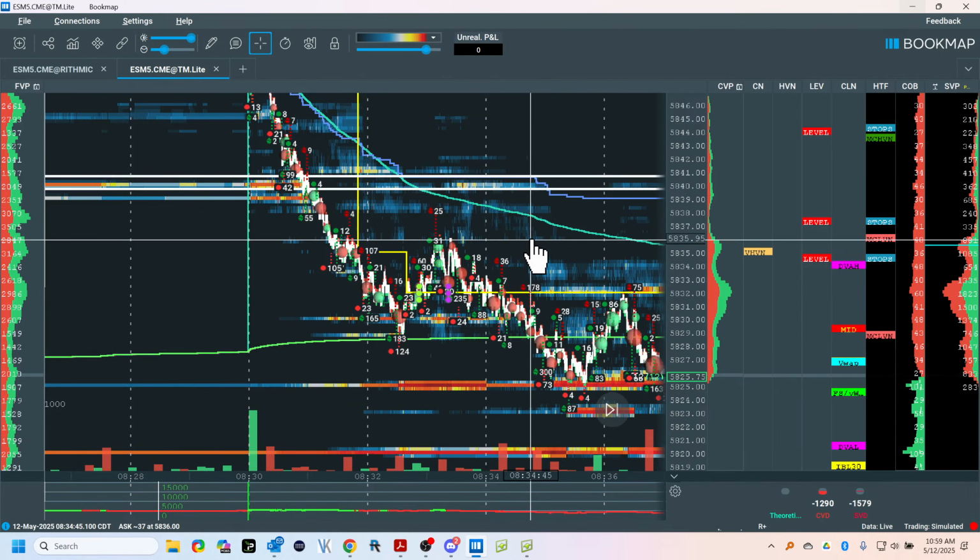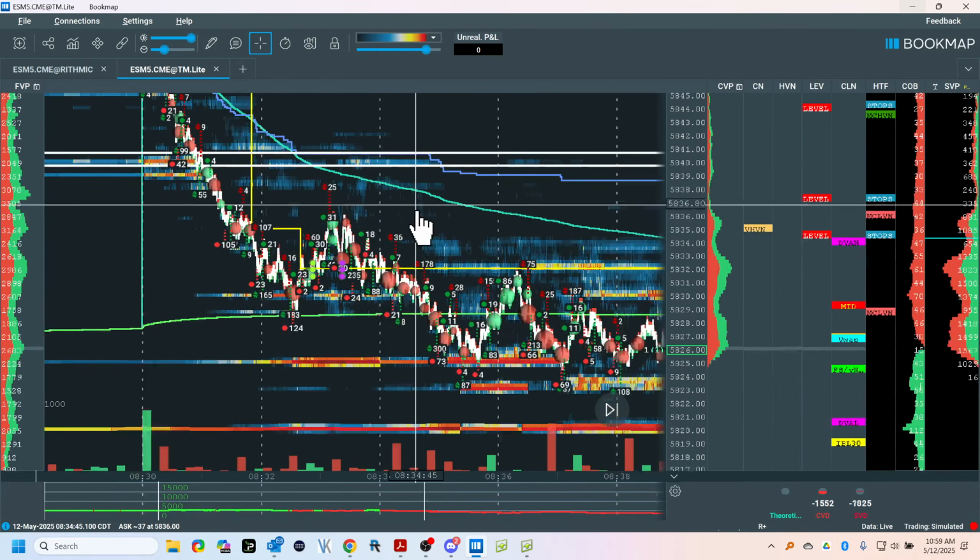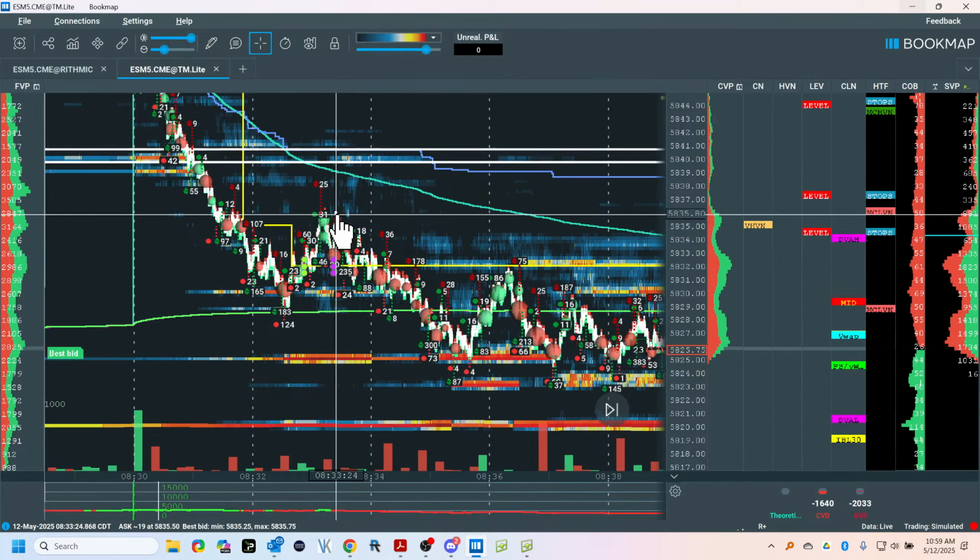So I waited. I'm trying to remember if I got this short or not. Let me look, 833. Because I took mostly, guys, I'm looking at my trades here. I got to find them because I forget what I do because I kind of live in the moment, one second, trying to get back here. Did I get a short there? I think I did.